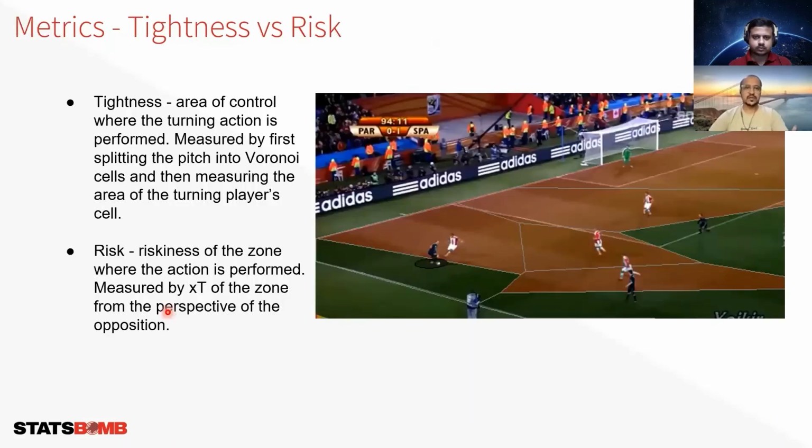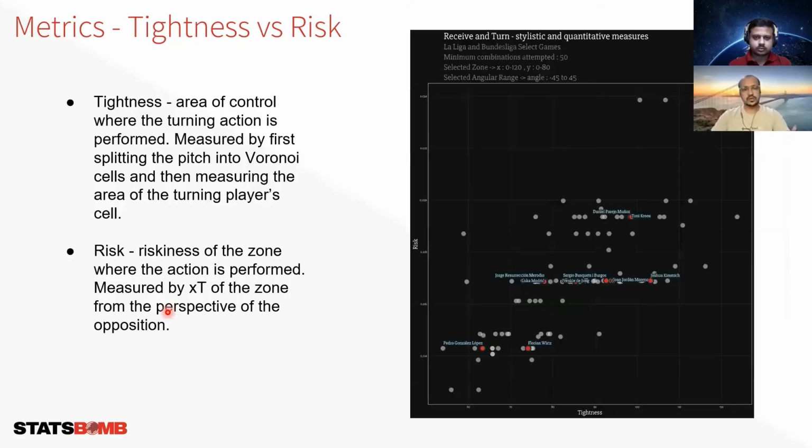So if you move on, we have another metric here where we're trying to measure the tightness of the press by basically splitting the pitch into Voronoi cells and measuring the area of the cell that the player is in. So if the area is low, that means the measure of the press is higher. And the risk is measured by basically flipping the expected threat to measure it from the perspective of the pressing players instead of the player who is performing the action. So if we go on,